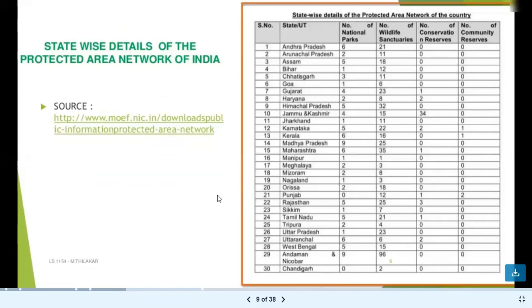State-wise detail of the protective areas network of India. यह करीब 30 स्टेट्स के बारे में दिया हुआ है और हर स्टेट में नंबर ऑफ नेशनल पार्क्स, नंबर ऑफ वाइल्ड लाइफ सेंचुरीज, नंबर ऑफ कंजर्वेशन रिजर्व एंड नंबर ऑफ कम्युनिटी रिजर्व। जैसे आंध्र प्रदेश में आप देख रहे हैं कि 6 नेशनल पार्क हैं, 21 सेंचुरीज हैं। अरुणाचल प्रदेश में 2 हैं, सेंचुरीज 11 हैं। और इसी तरह आप देख रहे हैं कि उत्तर प्रदेश में 1 नेशनल पार्क और 23 सेंचुरीज हैं। ये कुछ एग्जाम्पल हैं स्टेट वाइज।